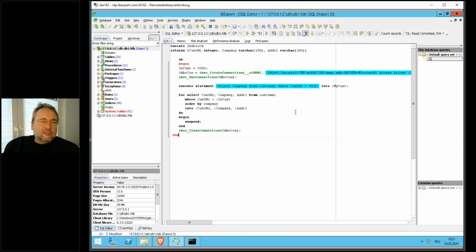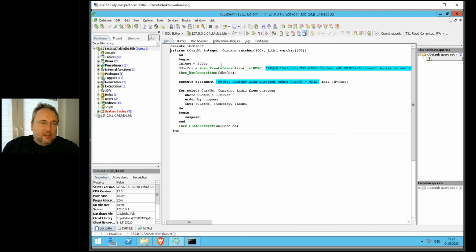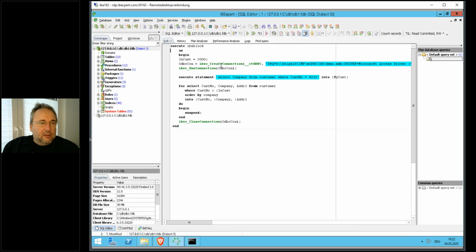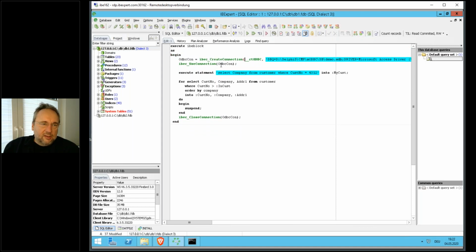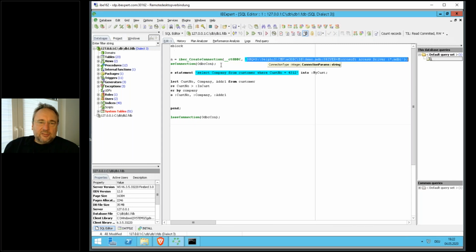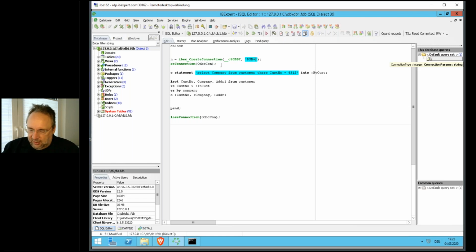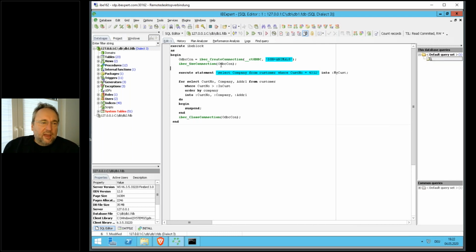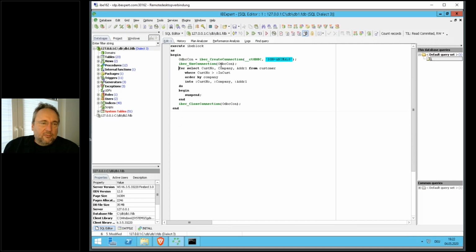Let's have a look at the original script. Let's have a look at what is really important here. We do not want to have returns. We want to have, for example, the begin. This one is not really needed. We want to have an ODBC connection. And let's remember, we had an animals ODBC connection, DSN equals animals. That's it. We open the connection and we say, for example, for select